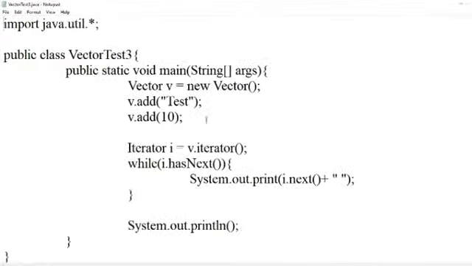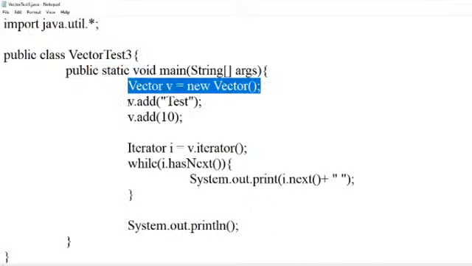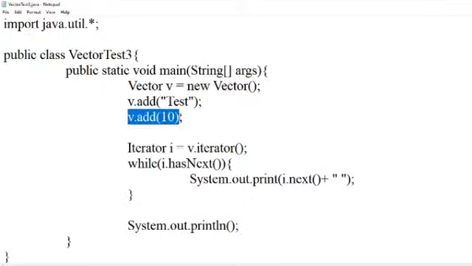Okay, so let's say here this is VectorTest3. Okay, here I am creating the vector object, and then I am adding 2 elements. So v.add("test"), and then v.add(10). So 2 elements I am adding. So I know 2 elements are present inside this vector. Then how to display it on the screen? So what I am doing, Iterator i is equal